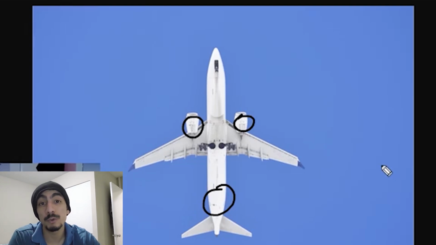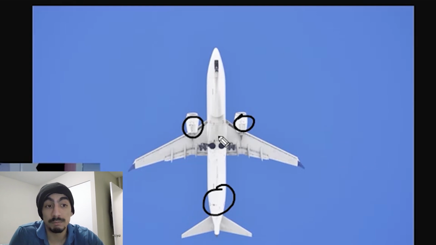So instead of using wheel brakes or thrust reversers on the engines, assuming the engines were still functional, everything came down on the underside of the fuselage. And combine that with the initial bird strike, which might have compromised the hydraulic systems, or the confusion in the cockpit, you've got a recipe for disaster, which is what happened here.